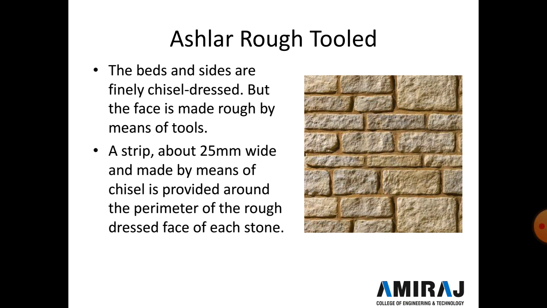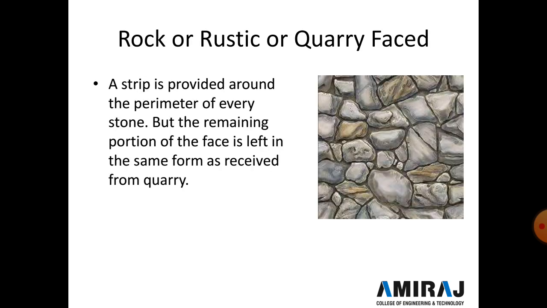So it is not more than 6 mm thickness. Next one is rock or rustic or quarry faced masonry. A strip is provided around the perimeter of every stone, but the remaining portion of the face is left in the same form as received from the quarry. The projection on each exposed face is restricted to 75 mm and thickness of the joint up to 10